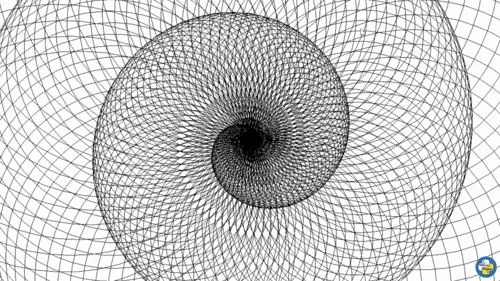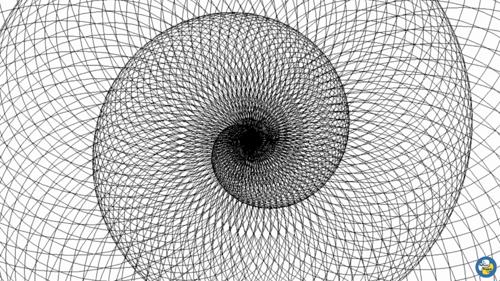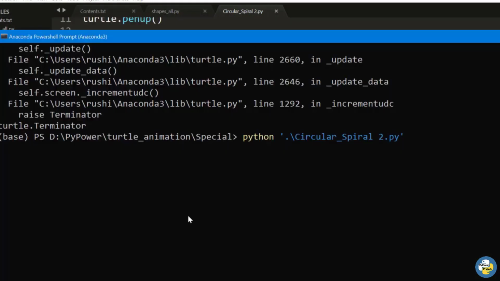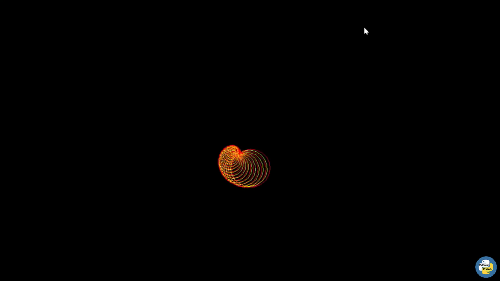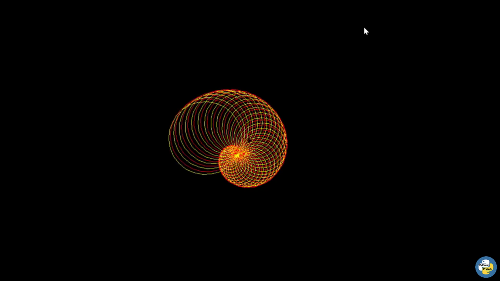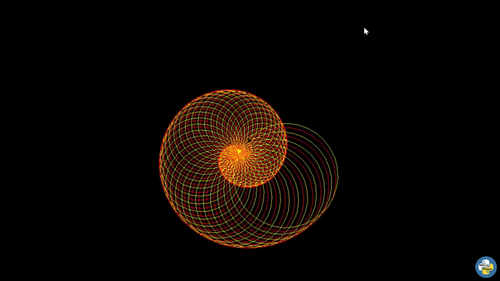Let's move towards the second, circular spiral 2. In that I have used multiple colors. So how it works, let's move towards it. Circular spiral 2, you can see the yellow and red color design, the same design is there, but in yellow and red color it also looks beautiful.